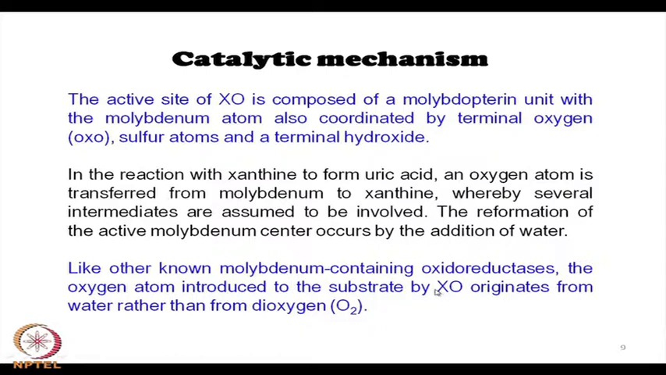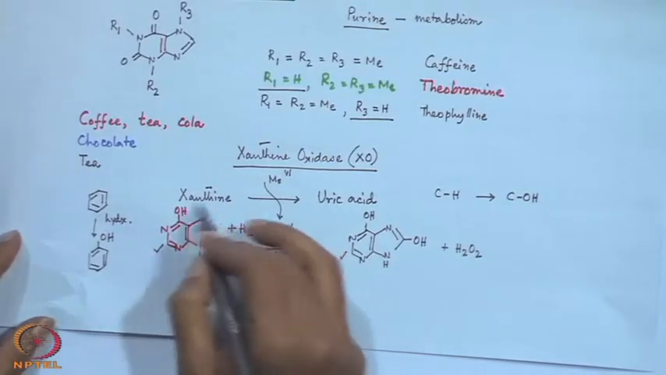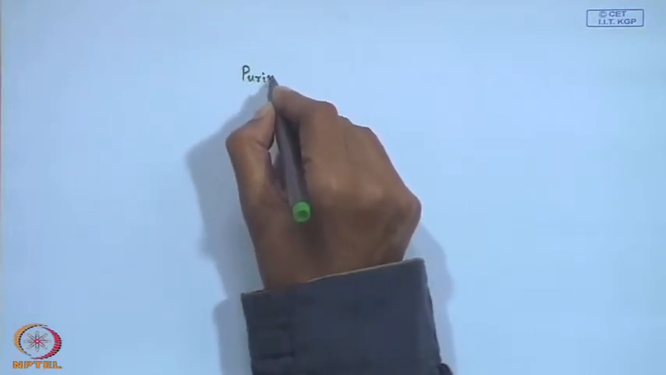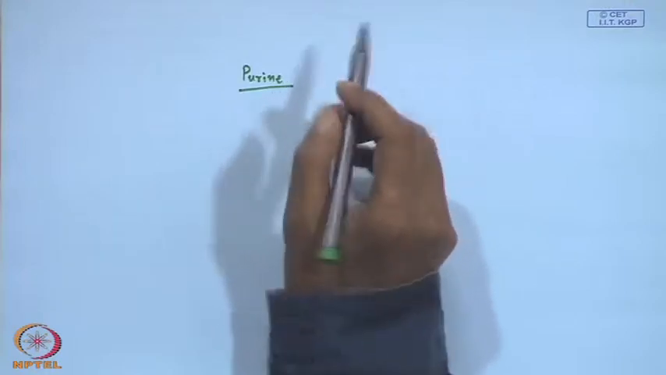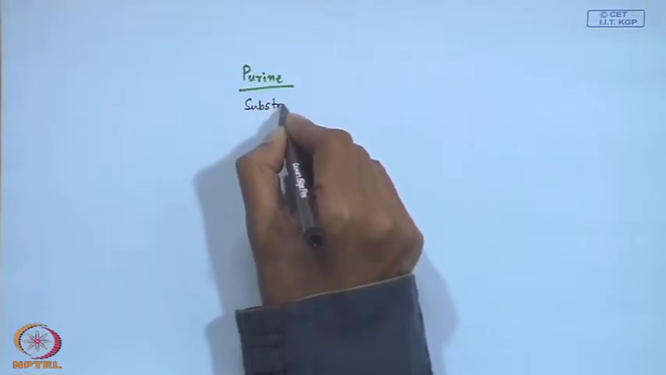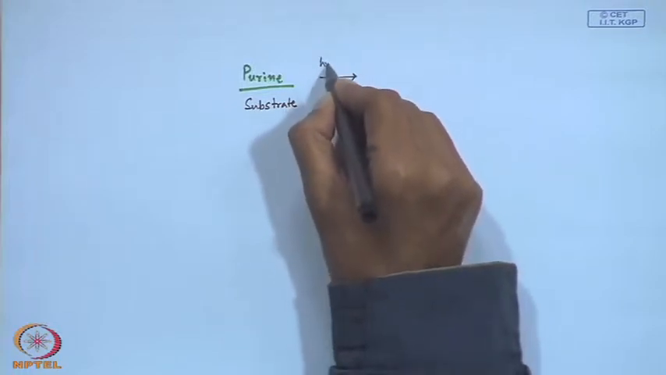So, if we get the corresponding structure of that xanthine molecule, what we have seen is that the corresponding xanthine molecule, that means the purine base. So, if you have the purine base, that purine base basically is our substrate molecule. And we are going for the corresponding